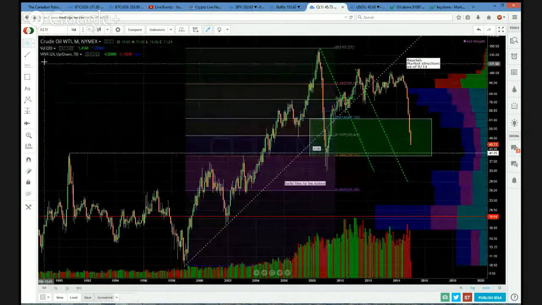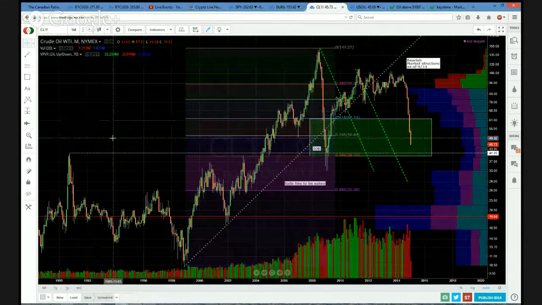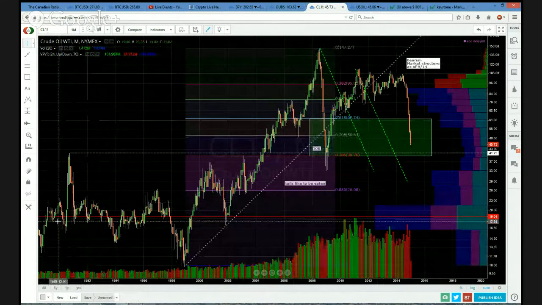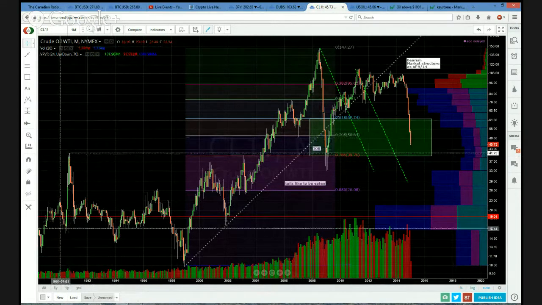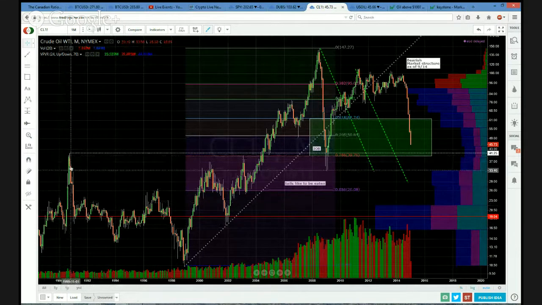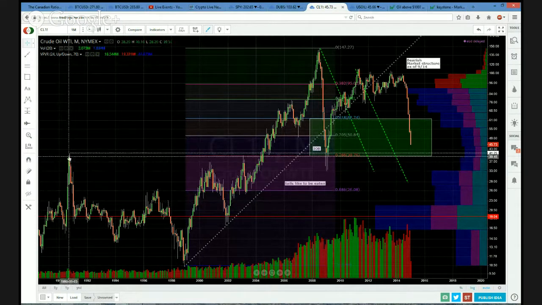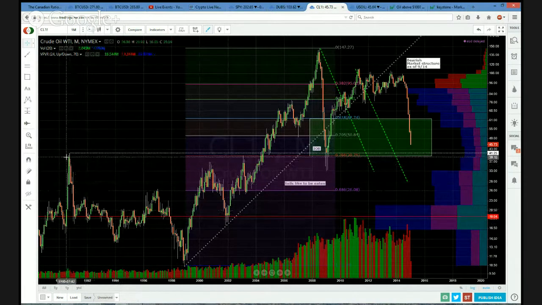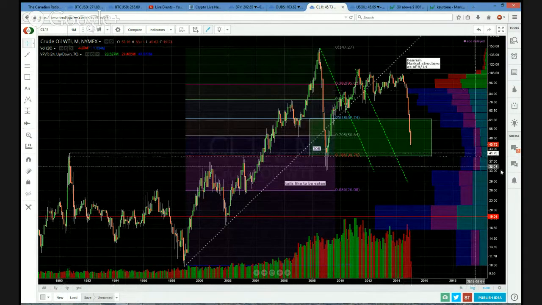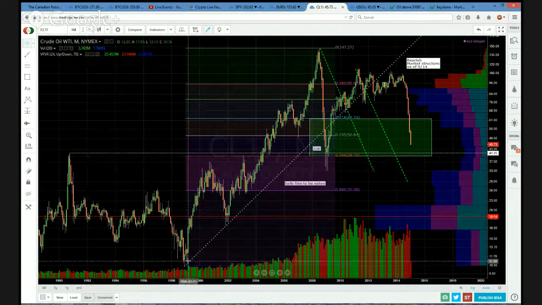There's a nice monthly chart of crude oil prices here, going back all the way into the 1990s. In fact, this high right here is Gulf War #1, and I remember when that happened. This was actually the spike when Saddam invaded Kuwait, and then prices backed off as soon as it was perceived that the West was going to fight them and win. And obviously it was an onslaught, right?